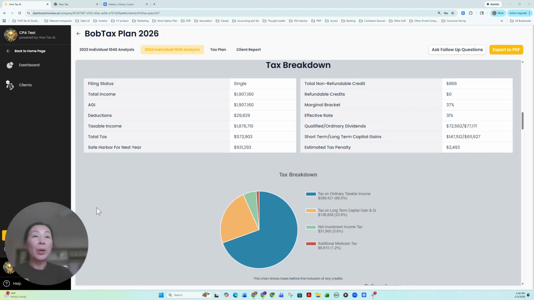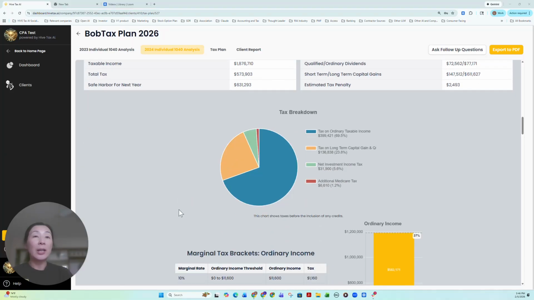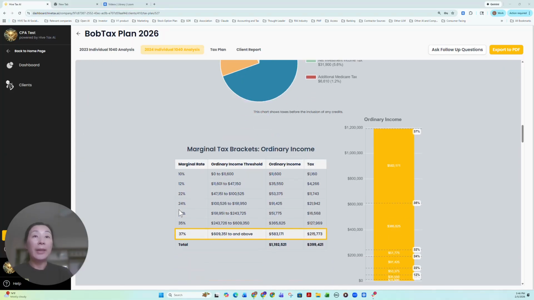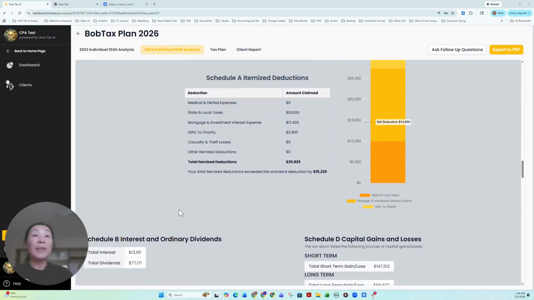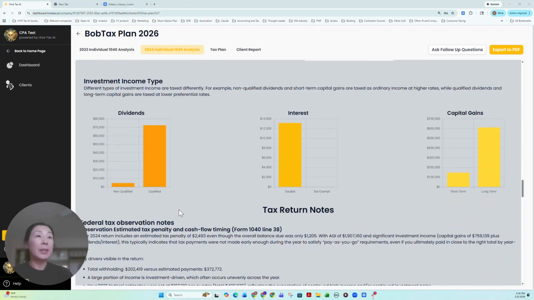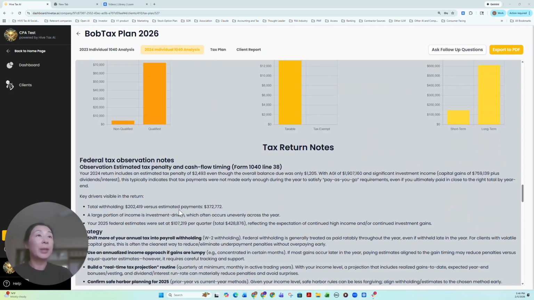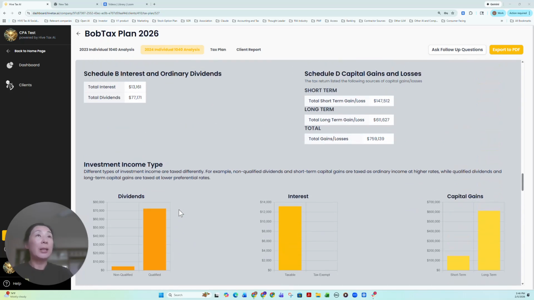Hi, I'm going to walk through how to use Hive Tax AI tax planning tool to strategize on a high net worth individual client's investment income tax efficiency strategies. So take a look at our client, Bob, and he's definitely in the top tax bracket,